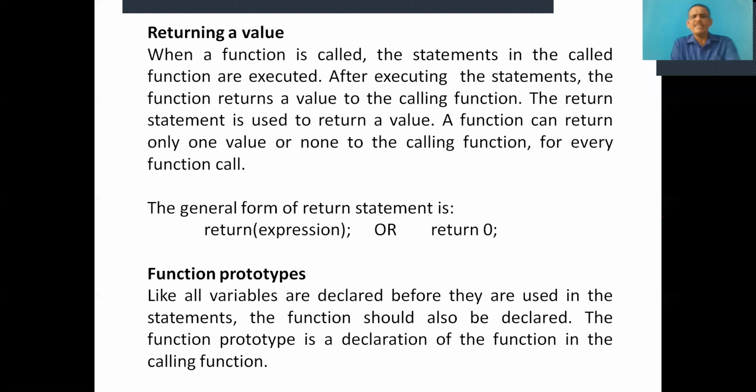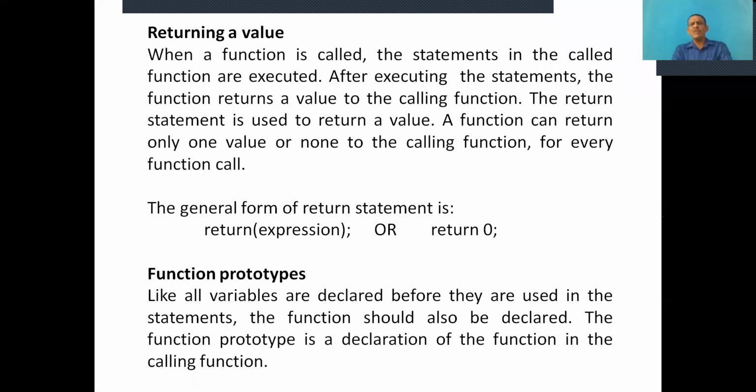Like in a C++ program, we all know that before using any variable, it should be declared. You have studied that before using any array, it should be declared. Like that, in functions also, before using any function, it should be declared.